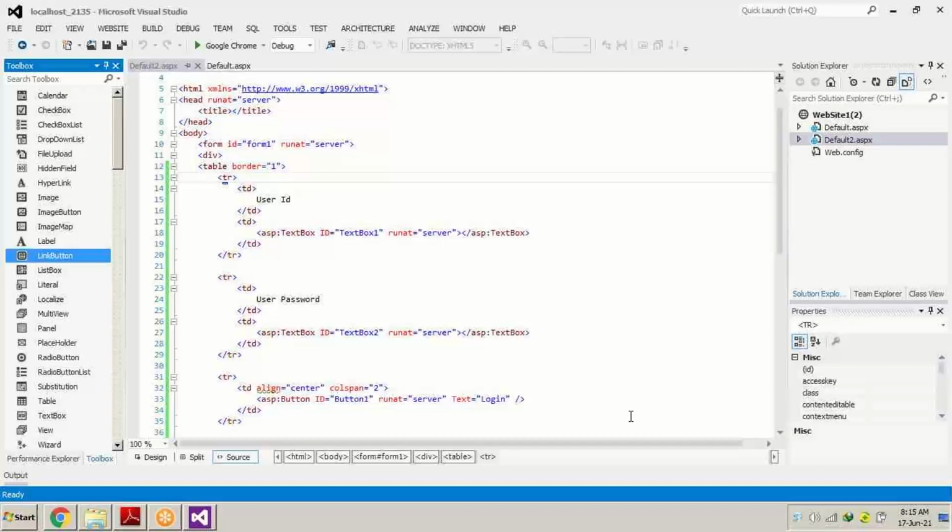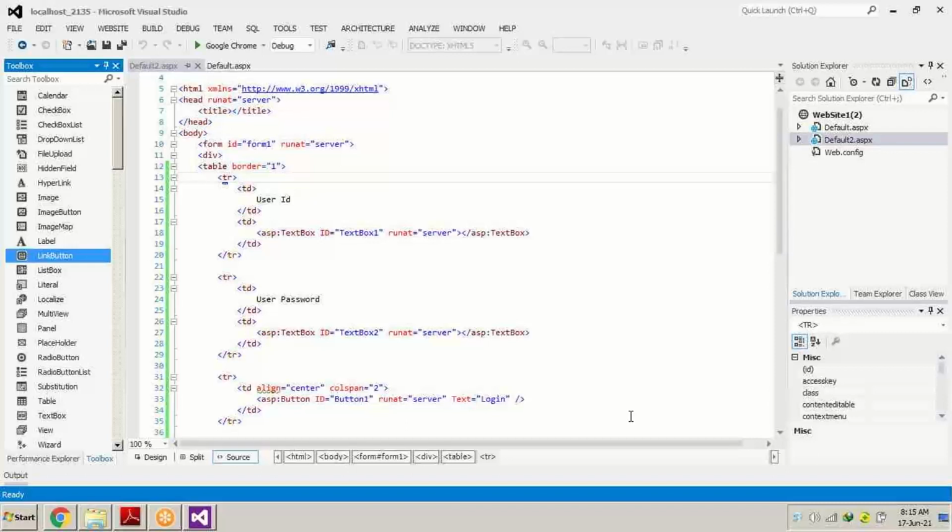Okay. So what I will do, I've just shared a link. If not, then you can go to this link and you will see a login page over there. And in that login page, we have used four to five extra controls, like text box, like label, like checkbox, like link button over there. So these are the controls which are used to design a login page.